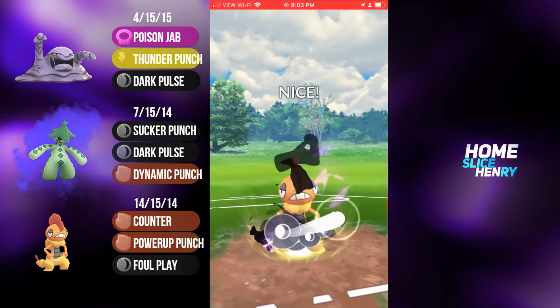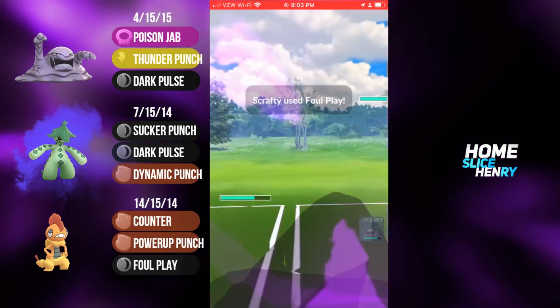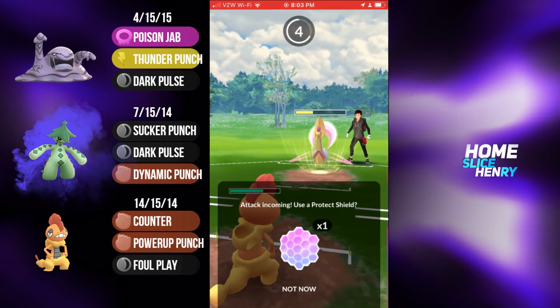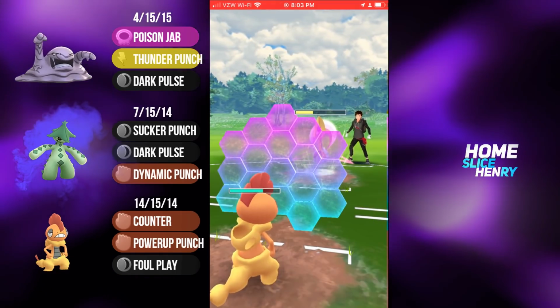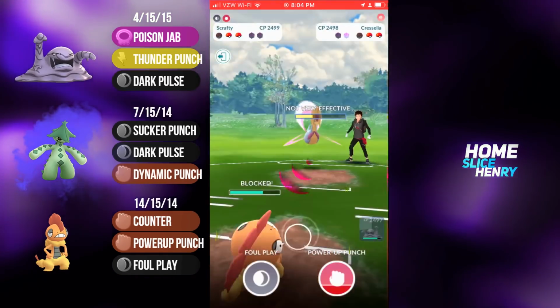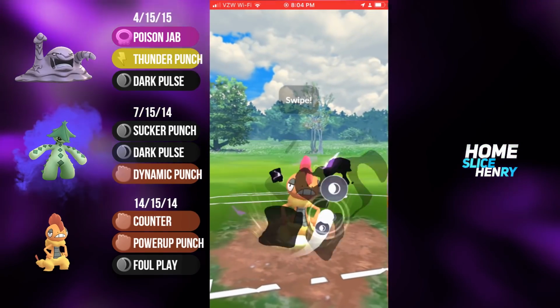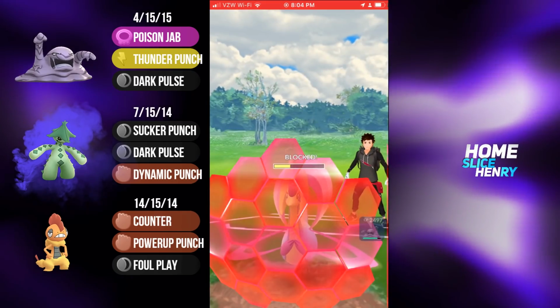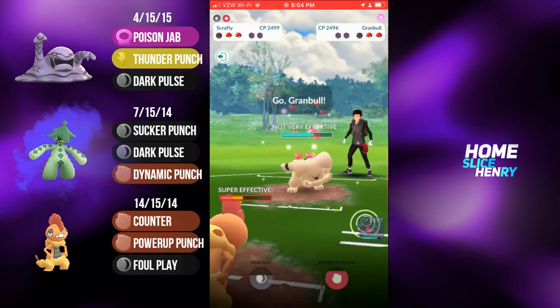Cress does need 2 moves to KO. They decided to go for the Grass Knot first, and then they will be able to go for the Moonblast, which is going to be enough to KO. At this point, honestly, I would just let the Scrafty go. They do decide to commit the shield, and they get hit with another Grass Knot. Honestly, Muck could have closed out the game at this point, and shielding is a little risky, and you see why,